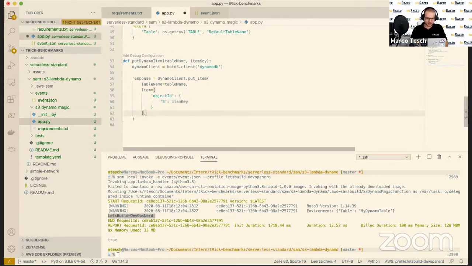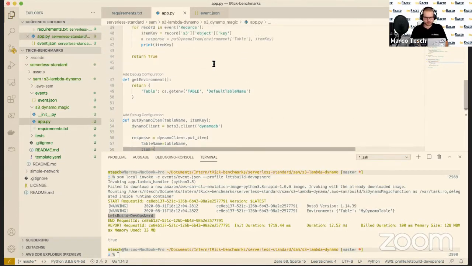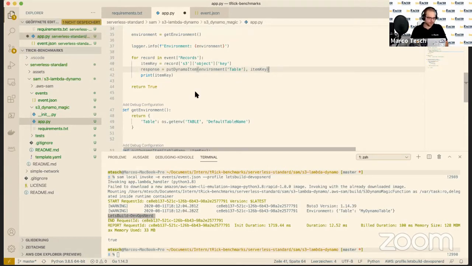And then, because I want to see what happens, I want to return the consumed capacity. And I want to have the value of total. So this just gives me a response with consumed capacity in it. I did not need to do that because the Lambda function would run. But as we use a DynamoDB table with pay-as-you-go pricing, it would be good to know what kind of capacity I'm going to pay for each request. So then I'm going to return the response. And then I can just put in this part up here. And what I can do now is print the response